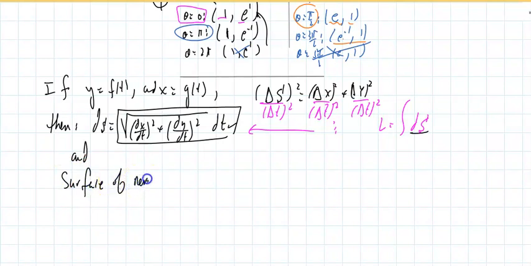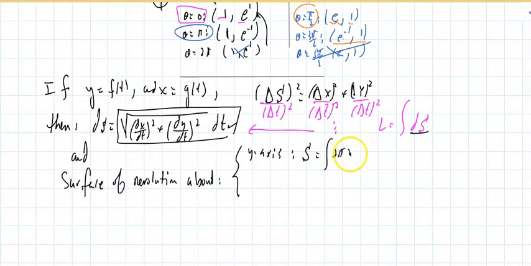of revolution about the y-axis, I'll say surface is the integral of 2 pi times x ds. Wouldn't that be the integral of 2 pi, assuming somehow that x is between a and b, so from a to b, and wouldn't that be, in this case,